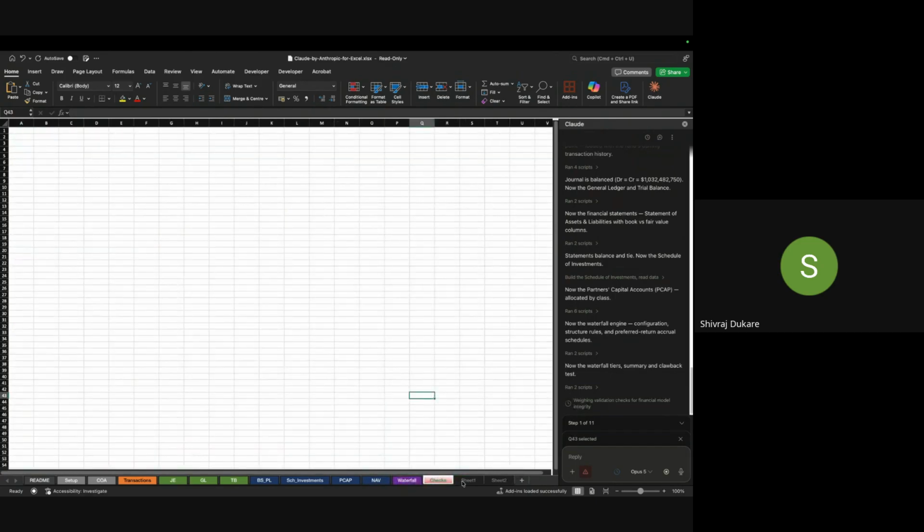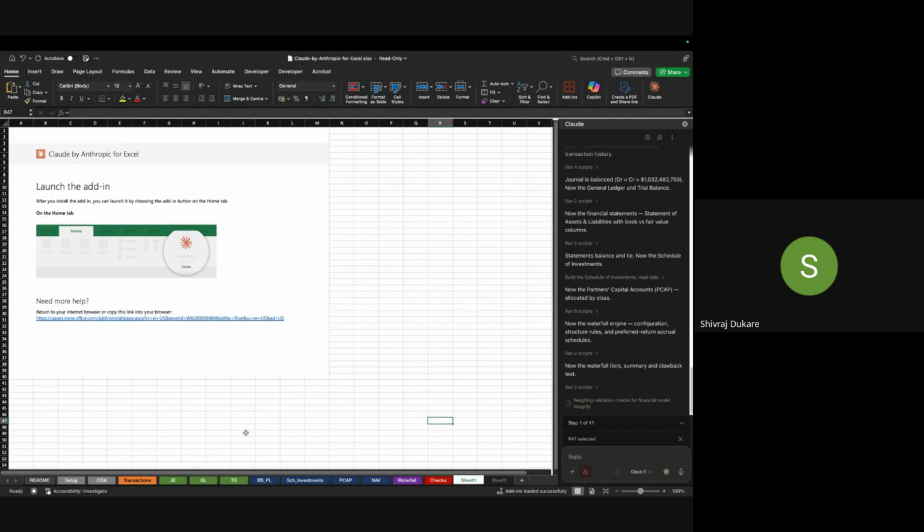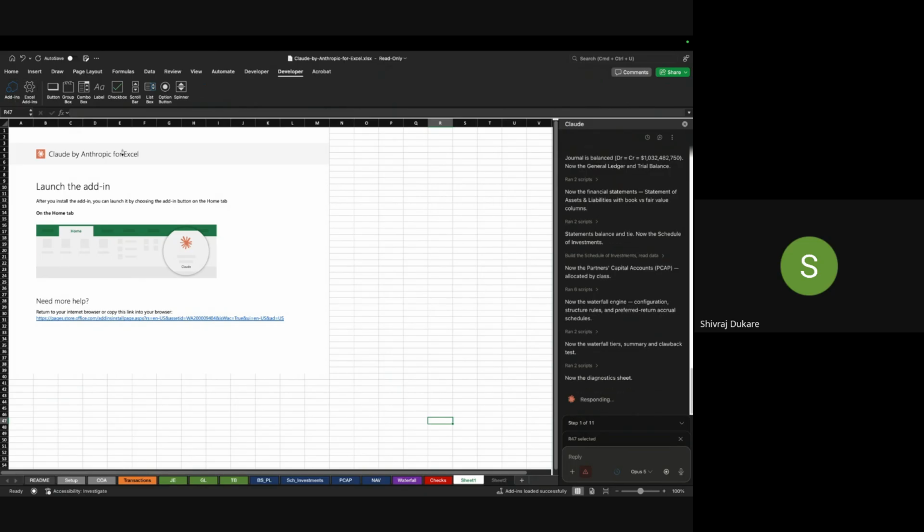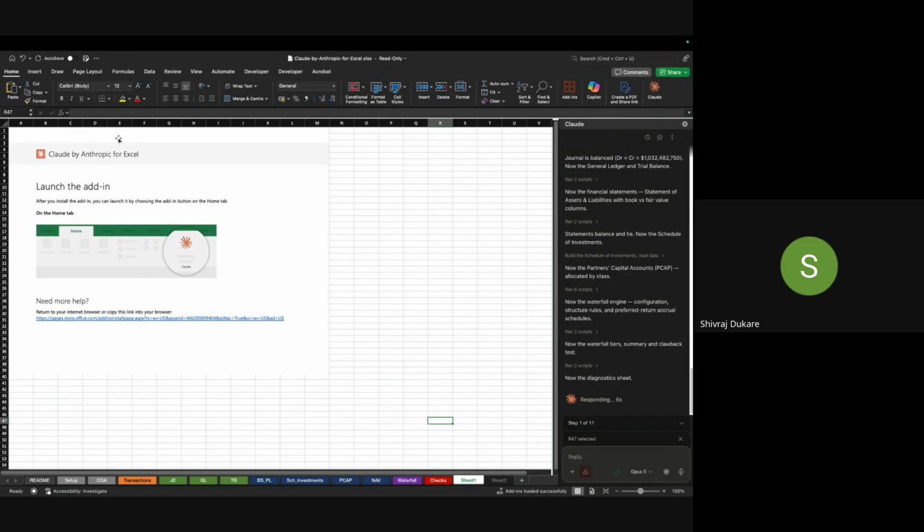So if you're working on any fund, this is the process. If you want to enable Claude in your Excel sheet, just click on add-ins. In an Excel sheet you can see add-ins here. Through Excel add-ins, you can add Claude or integrate Claude or Copilot to your Excel sheet. And once it is added, you don't need to